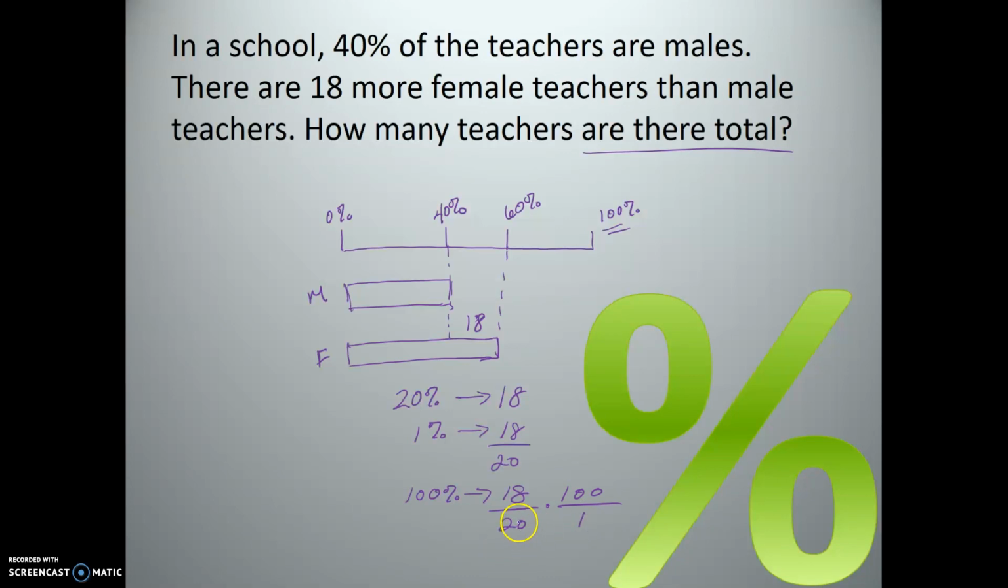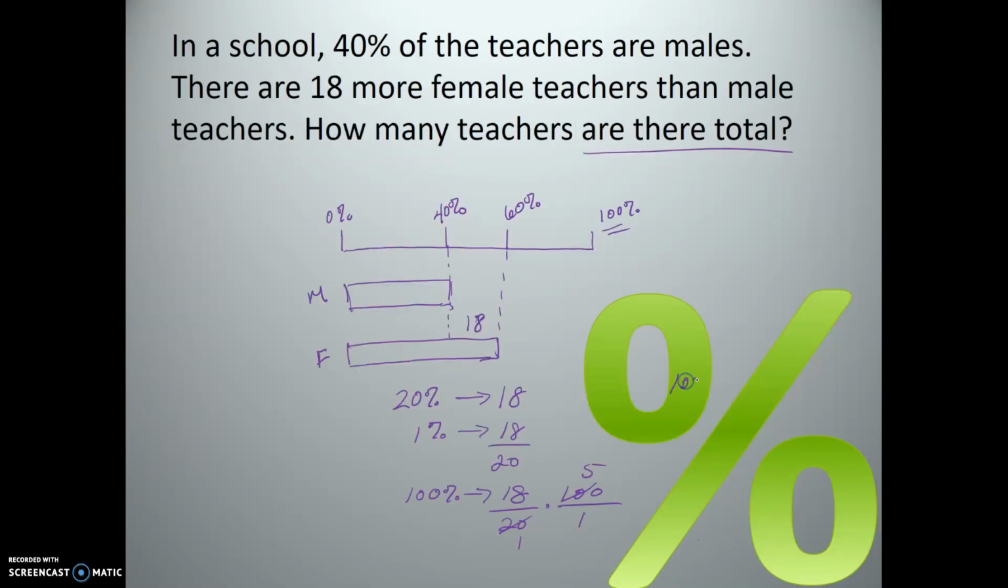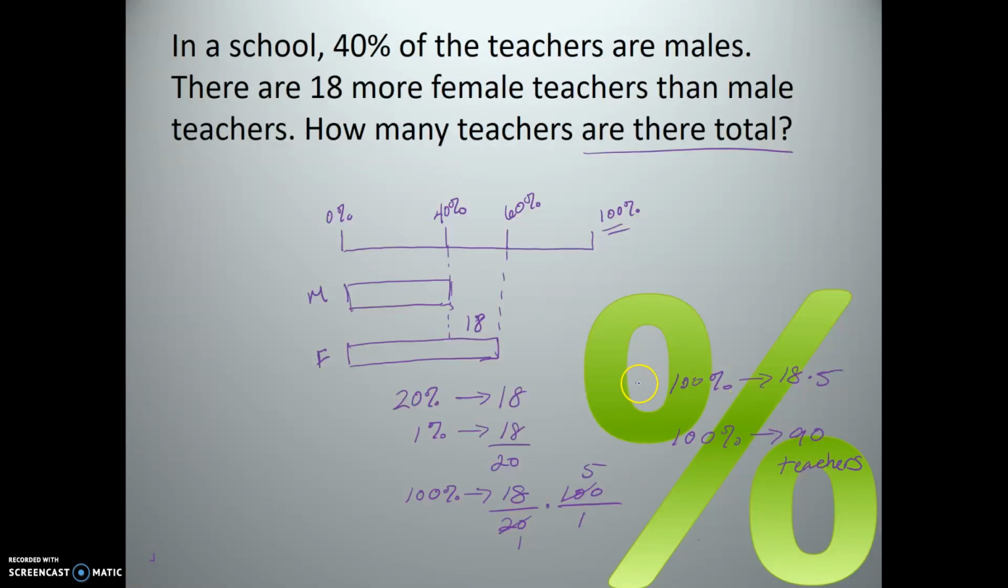And we'll cross cancel here. Let's take that down to a 1, and let's make that a 5. And now we have 100% is, so we had 100%, I'm up here guys, is 18 times 5, and that equals 90, so 100% equals 90